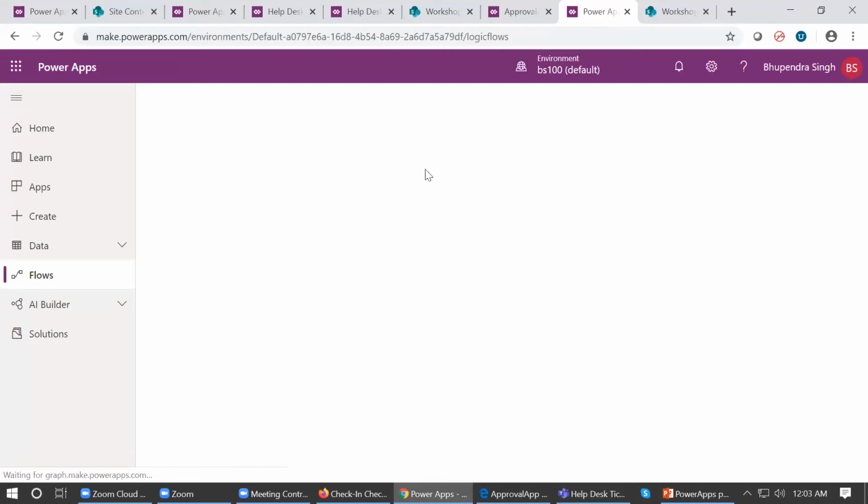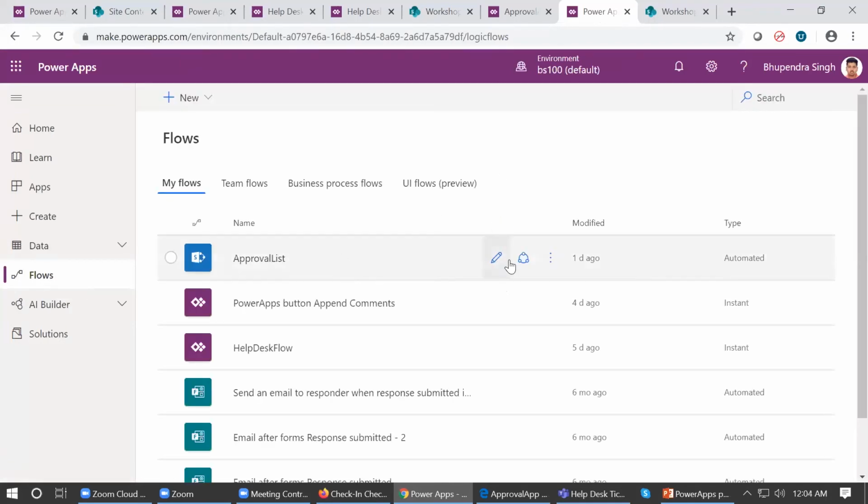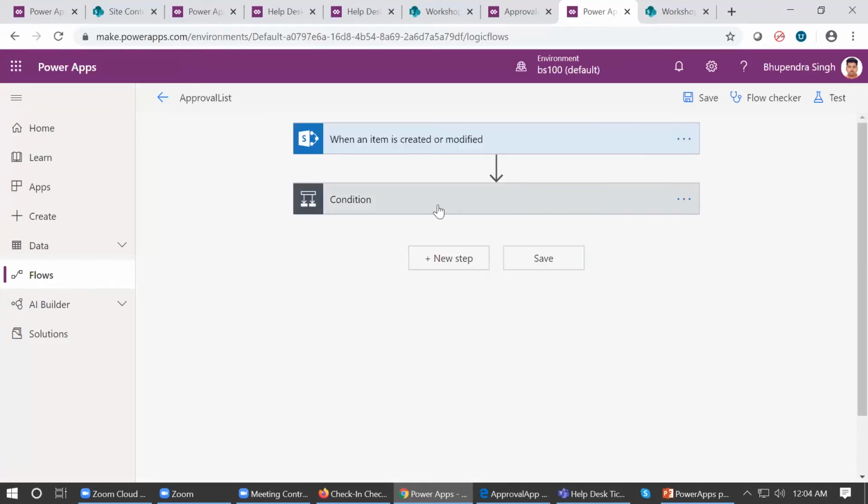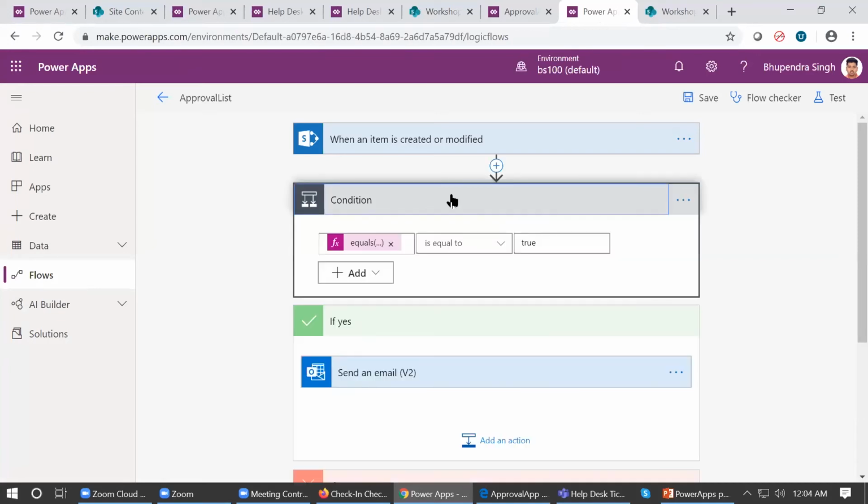Let me show the flow we have developed. Let it load. I think the connection is a bit slow. So here you can see that in this flow there are different triggers and different actions to send emails.